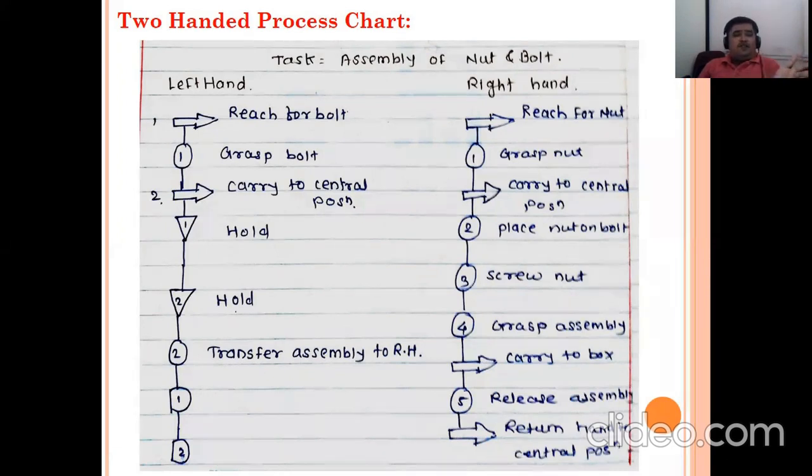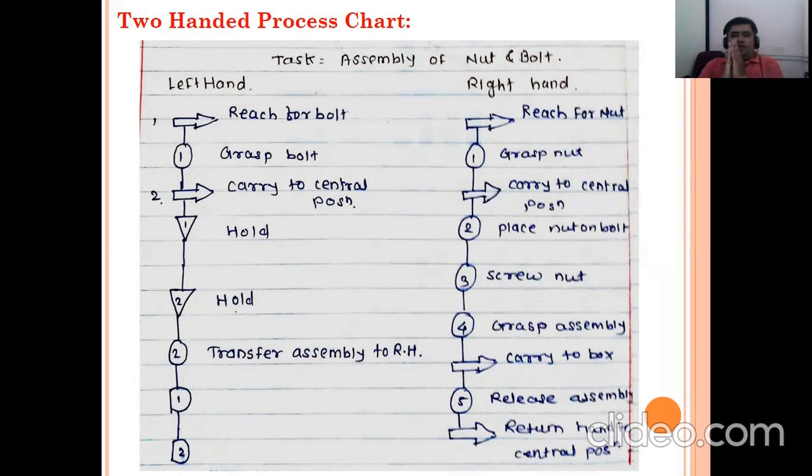When you are doing an operation, what are your two hands doing, how are they working? This is very simple. Again, I will explain this particular part with my pen itself. I will disassemble this pen. This is one part, this is one part. This is kept in front of me on the table, and right now both my hands are idle.